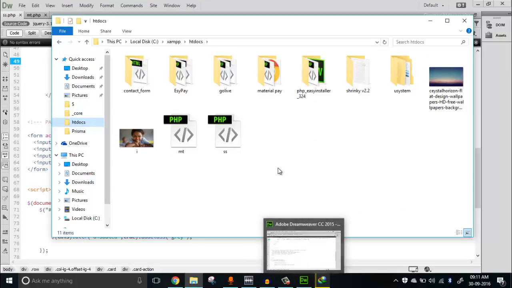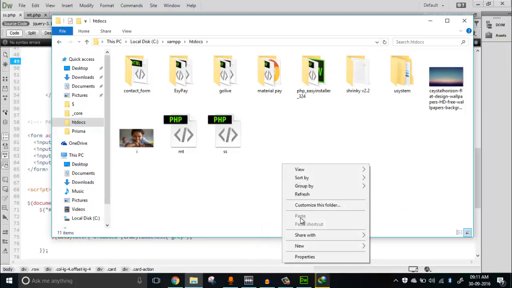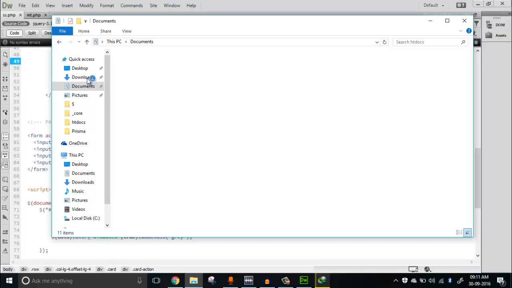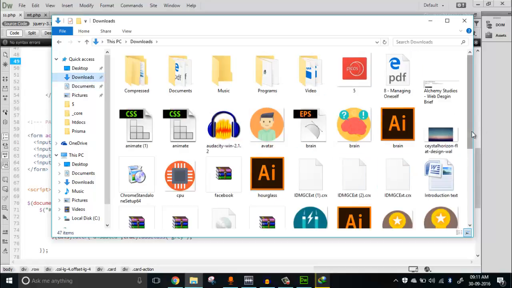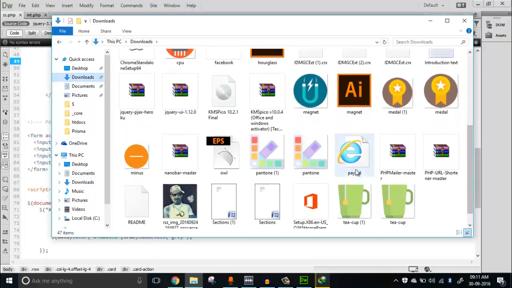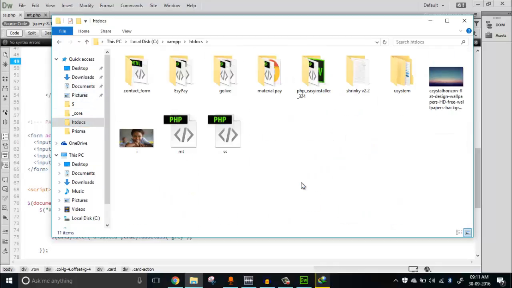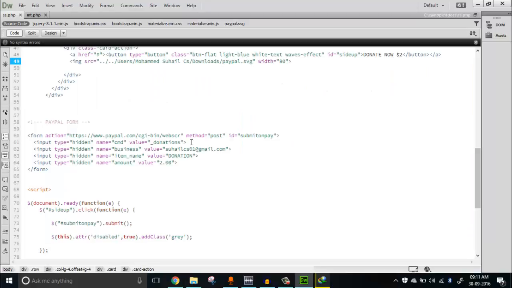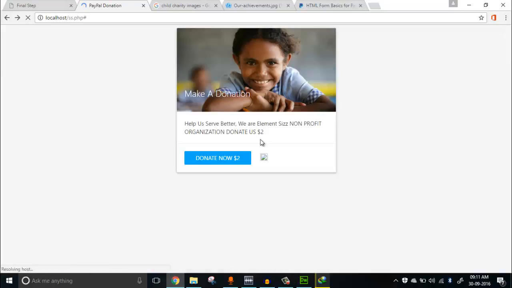Okay, it's just not pasting right there. Paste. Okay, I'm just gonna cut that. Now it's done. I'm gonna write paypal.svg. Yes, we have our PayPal SVG right there, and it's loading right now, and we're gonna see that PayPal nice